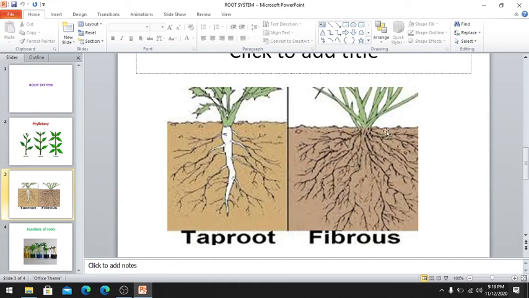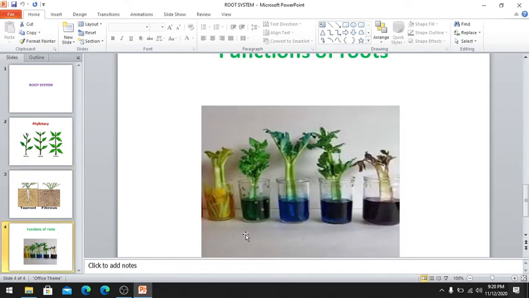And when we come to the grass plant, you can observe parallel venation in grass and maize, such type of plants. So the plants which have parallel venation, those plants are having fibrous roots. So this way the venation is helping us to find out the type of roots in plants. Without pulling the root outside, we can identify the type of root system they have. Understood, children? Next we will go to the experiment.